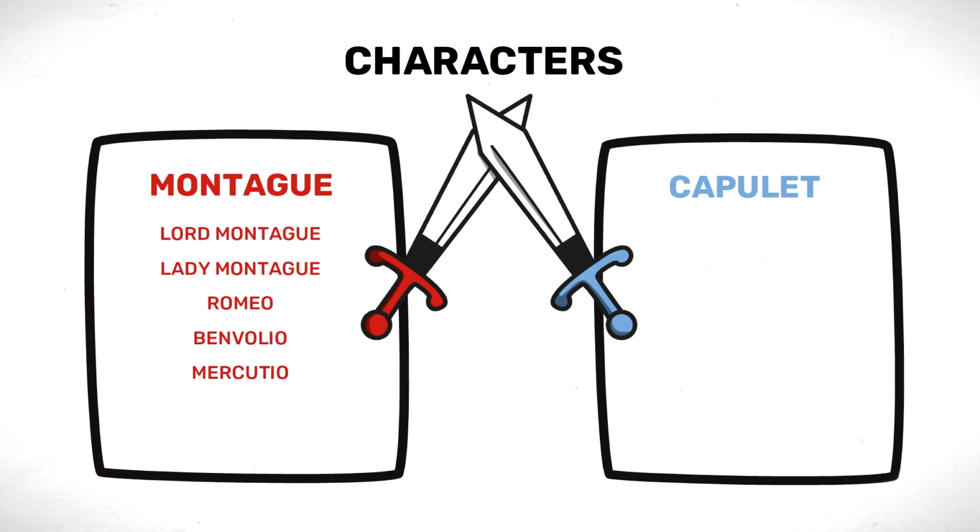Another of Romeo's friends is Mercutio, a character who's a bit of a joker and one who doesn't take himself too seriously. Also on the Montague side is Friar Lawrence, a priest who acts as a mentor and a father figure to Romeo. The other rival family are the Capulets, headed by Lord Capulet, who is married to Lady Capulet,